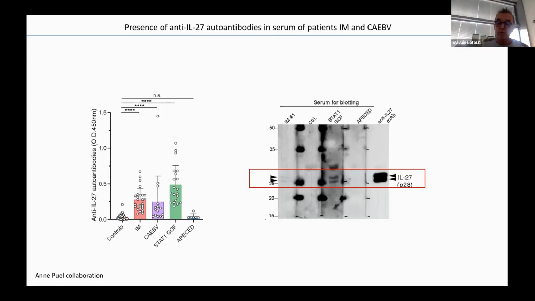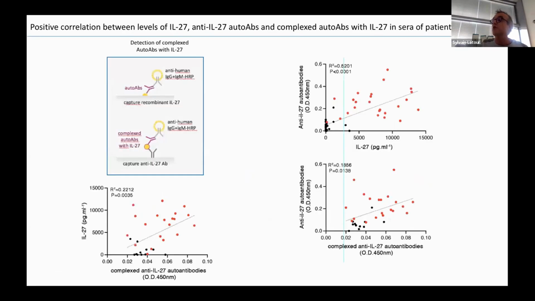We also measured the level of IL-27 and the complexes of autoantibodies with IL-27 in all samples. And we found that the autoantibodies against IL-27, as well as the immune complexes, are positively correlated with the level of IL-27. And finally, more importantly, we show that these autoantibodies that we detect in patients with infectious immunodeficiencies have the capacity